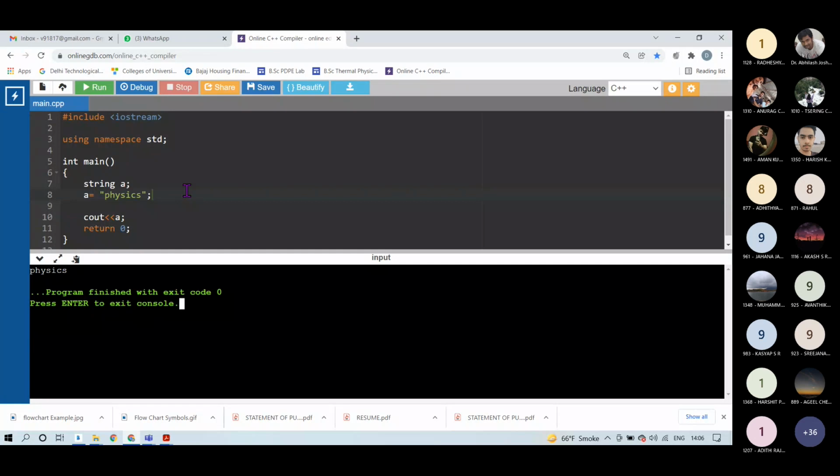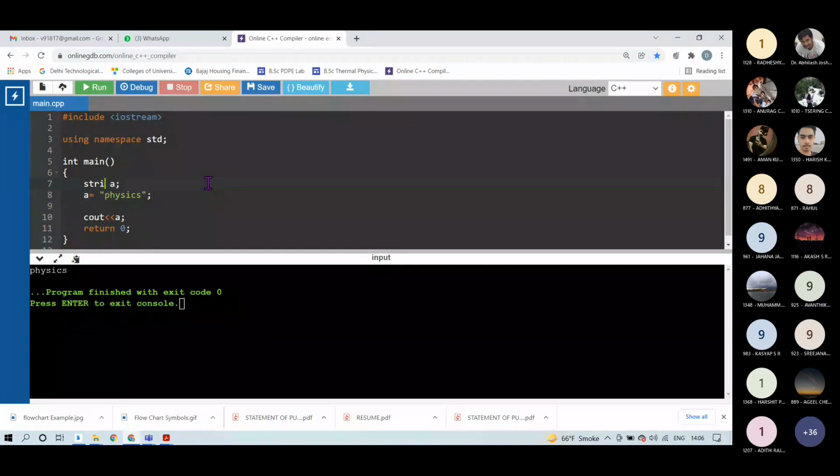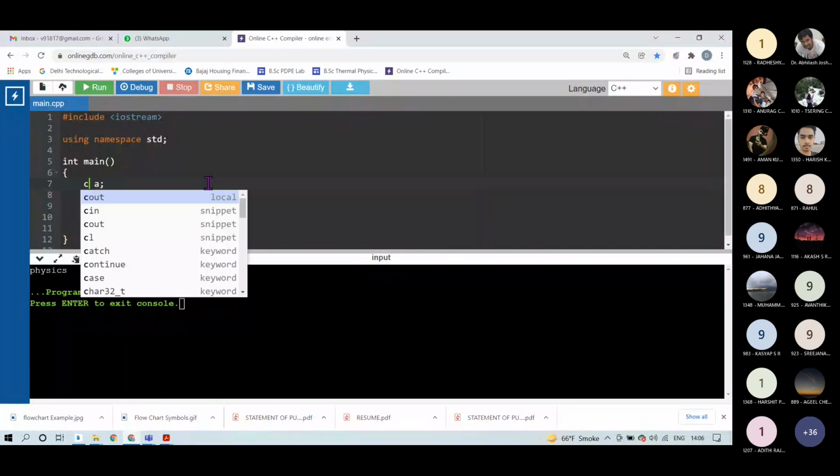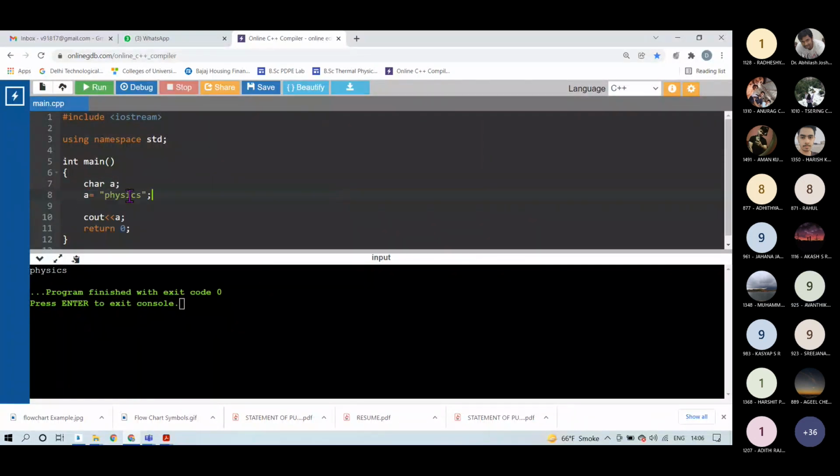Okay. So, moreover, suppose you declare this variable A as char type, but you want to insert a long word into this. Then we will see what happens.